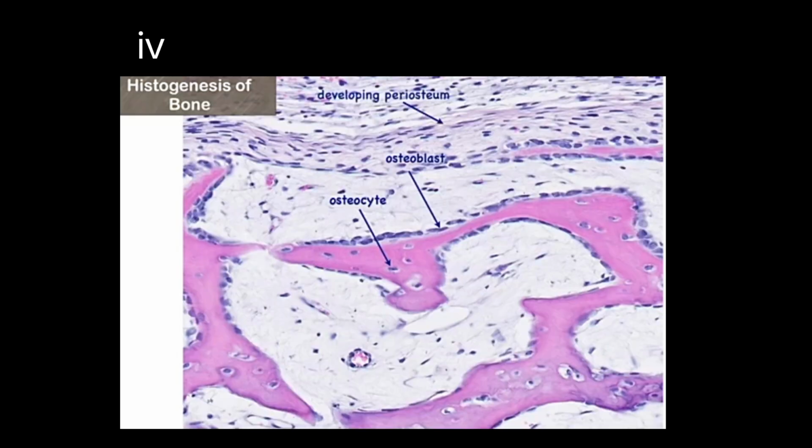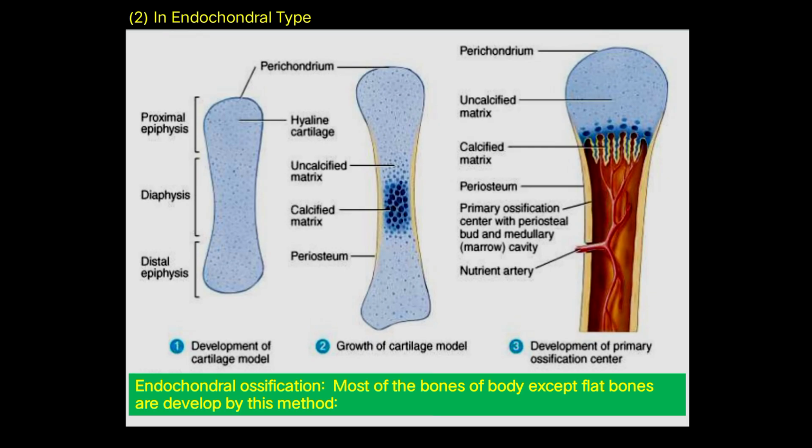After that, we can see the developing periosteum as the outermost layer, then osteocytes in the middle and osteoblasts in the outer layer like this. It is the start of formation. So that forms the cancellous bone of the cranial cavity and the face bones, and after that the compact bone of these bones forms with the help of intramembranous